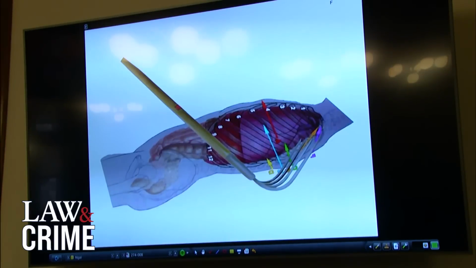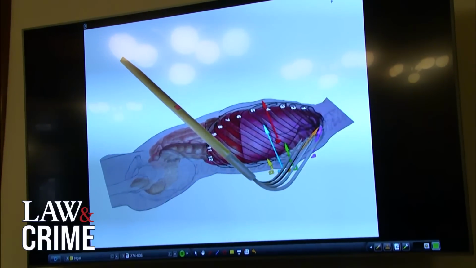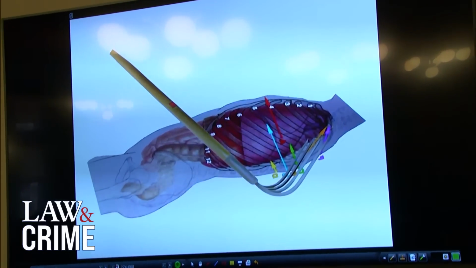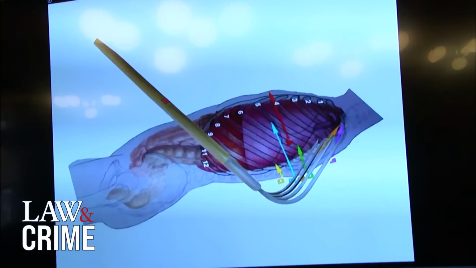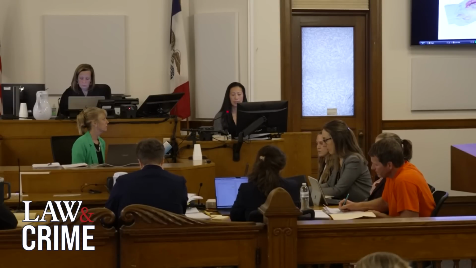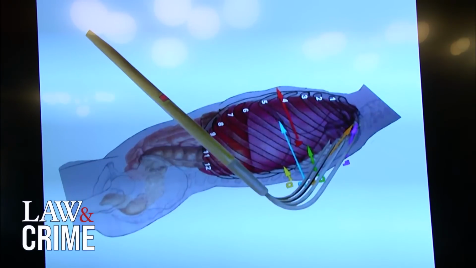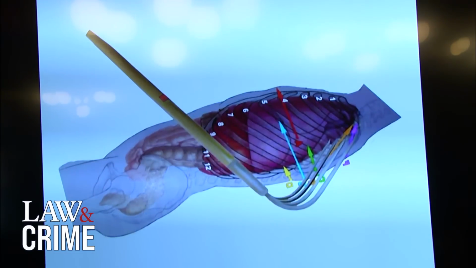From the data that you had from Dr. Cruz and Dr. Hammers about the pattern of wounds A through F, did this hypothesis match? It matches everything, yes. And from the depth of the wounds as measured by Dr. Cruz, did this hypothesis match? Yes, A and B are deepest, and they stayed within her, and E would be the next deepest. In terms of the physical characteristics of the rake and the spacing of the rake's tines, does this hypothesis match for all of Ms. Mullis's wounds, A through F?